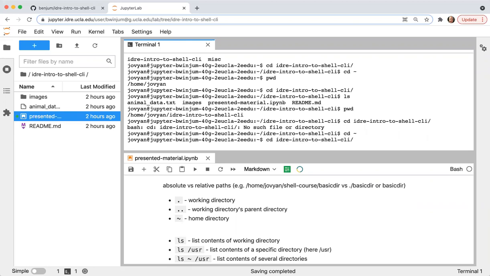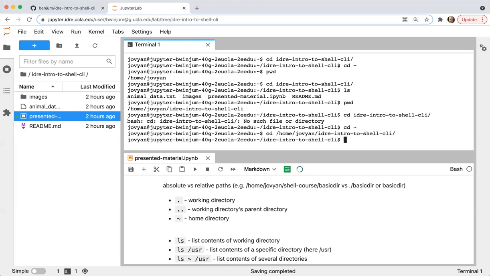You can also use the arrow keys, by the way, to go forward and backward within the text to modify a command. So if I use the absolute path instead of a relative path, starting from the root directory, this will have the same effect in my current working directory.